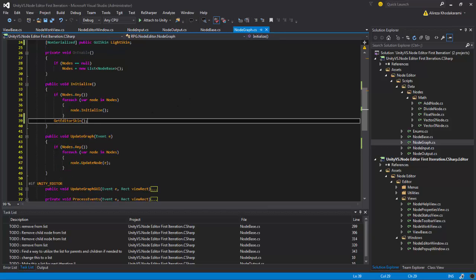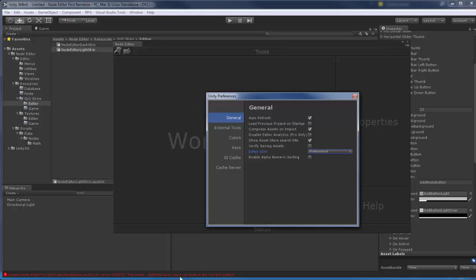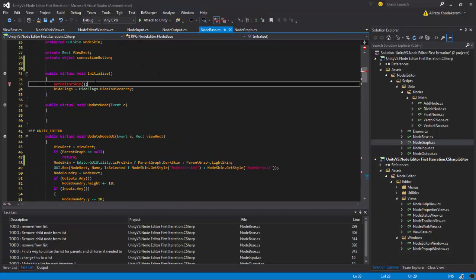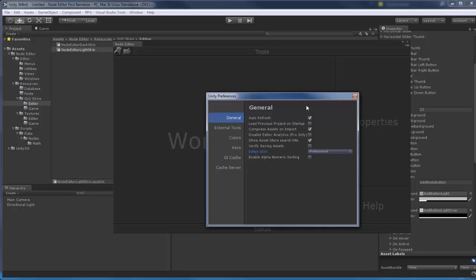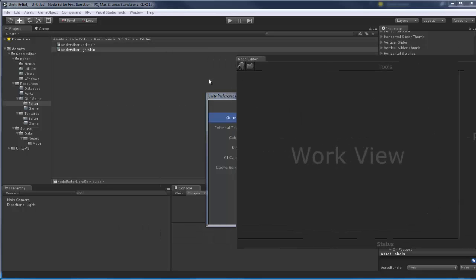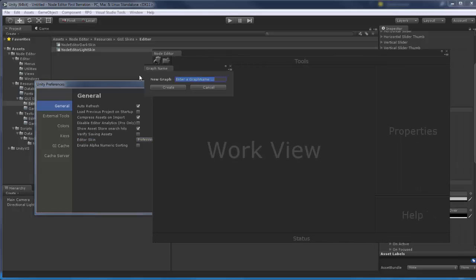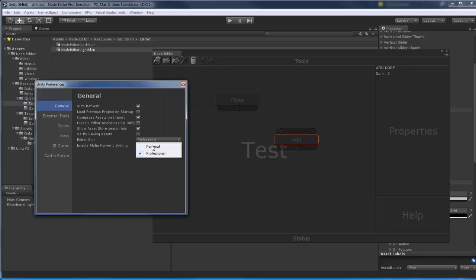we are initializing it. Okay, so we now basically need to delete this graph. And what is there? Get editor skin in current context. Where? Node base. I forgot to save the node base. Oh no. Okay. Initialize. We don't need that. So here, we need to create the graph from scratch. So test, create, and add a float node, add an add node, and if I come back to personal,